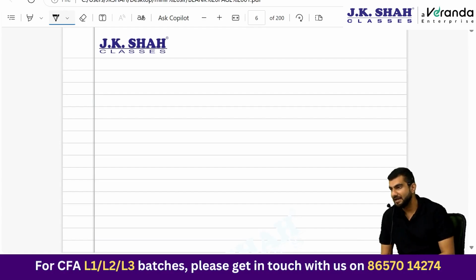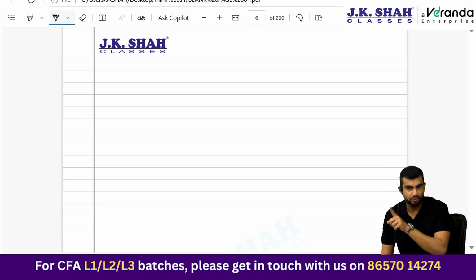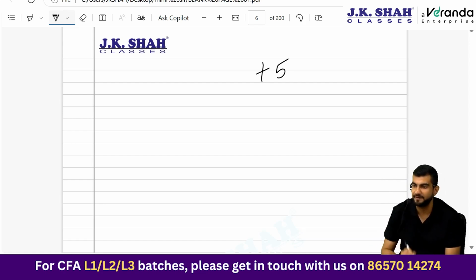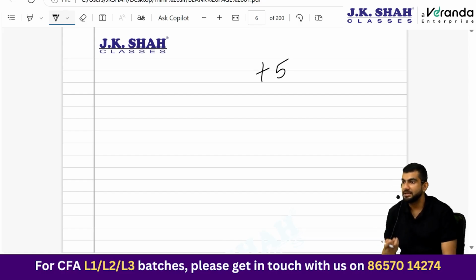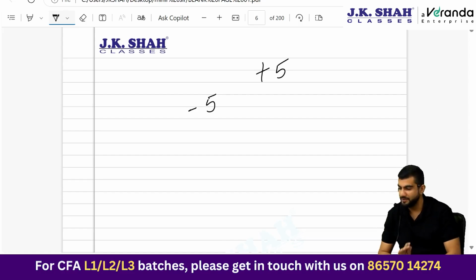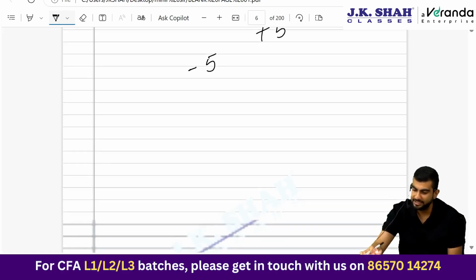In case of reval model, which is only applicable in case of IFRS naturally, what is the accounting treatment? If there is an upward revaluation, where does it go? OCI. If there is a downward revaluation, OCI. So for example, first year there was an upward revaluation of 5, I put it in OCI. Now second year there is a downward revaluation of 5, I will put it in OCI. Nullified.